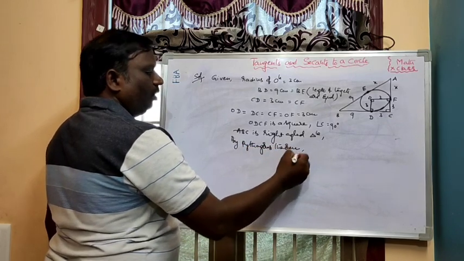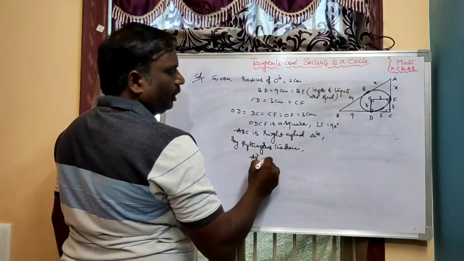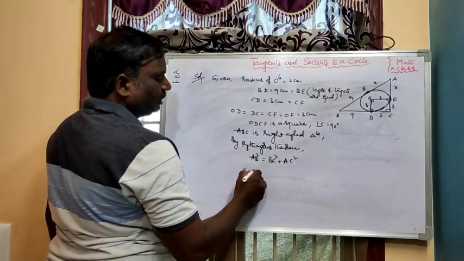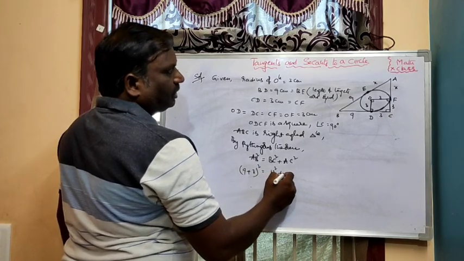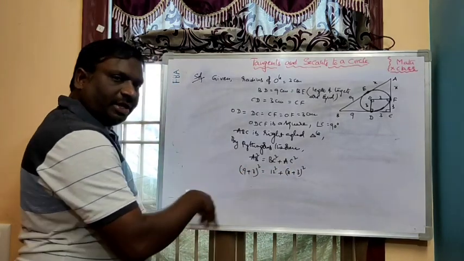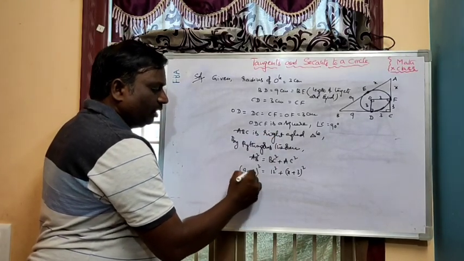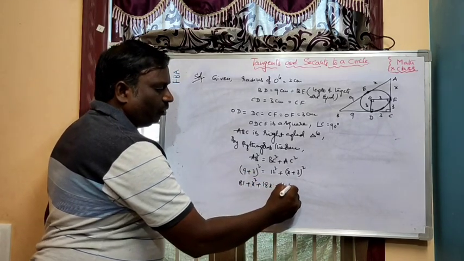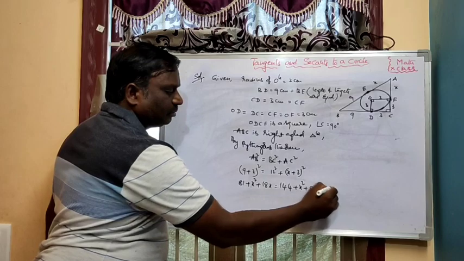by Pythagoras theorem, if it is a right angle triangle, AB square equal to BC square plus AC square. What is AB square? 9 plus x whole square. What is BC square? 9 plus 3, 12 square. What is AC square? x plus 3 whole square. Then we can simplify the left hand side and the right hand side separately. (a plus b) whole square: 9 square plus x square plus 2ab. 2 nines are 18 into x, 18x. Right side: 144 plus x square plus 9 plus 2 threes are 6x.